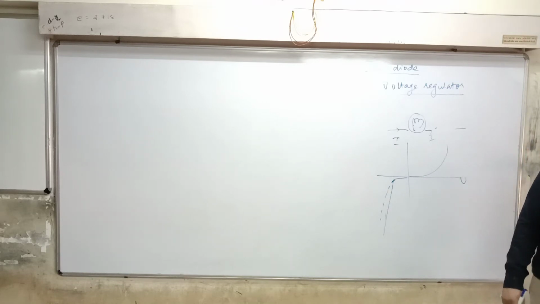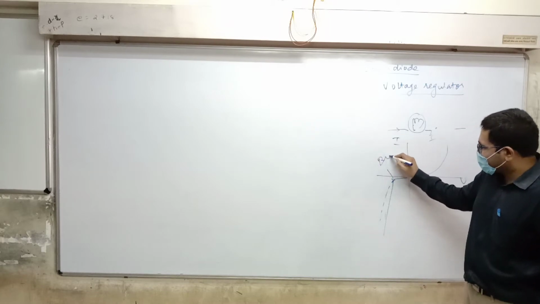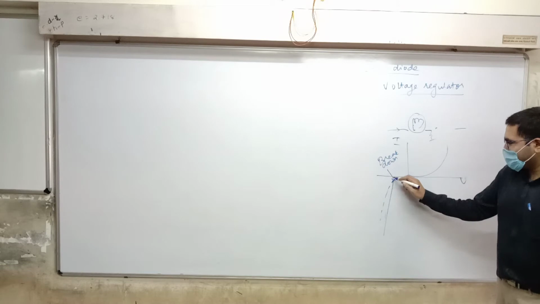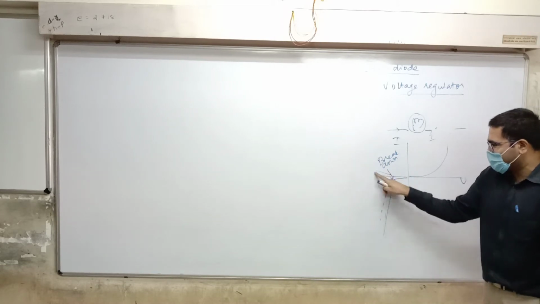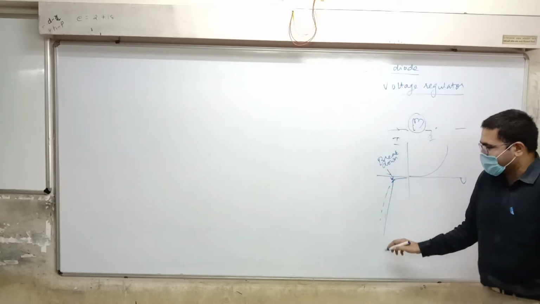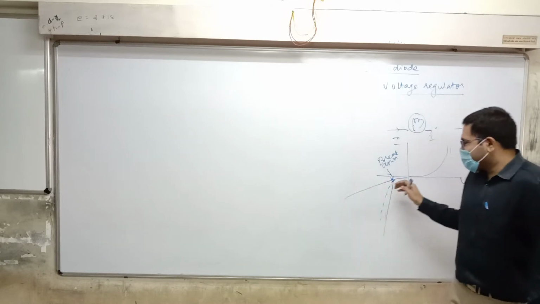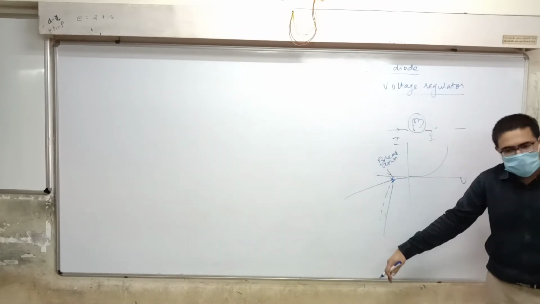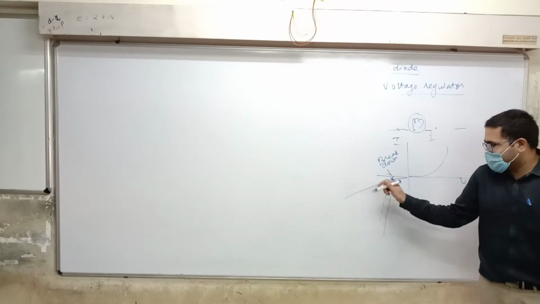So what happens because of this? Let's say this is the breakdown voltage. Over here there is breakdown. After the breakdown voltage, if you want to increase the voltage on the reverse bias side, the current has to be very, very high. Just think about what would happen with this graph. If the voltage increases, the current would not be that much, but for going to more voltage here,